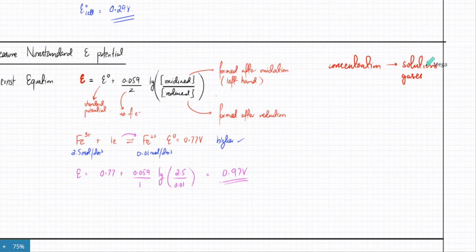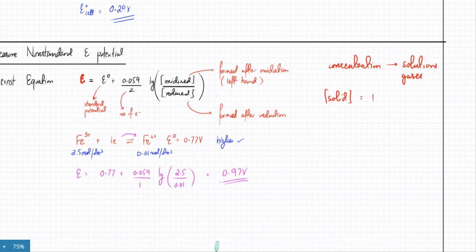So remember, for solids, the concentration is always taken as 1. So if you have a solid in the equation, its concentration is always going to be taken as 1. It's constant. So I'll just do a few more questions using the Nernst equation, trying to figure out what would